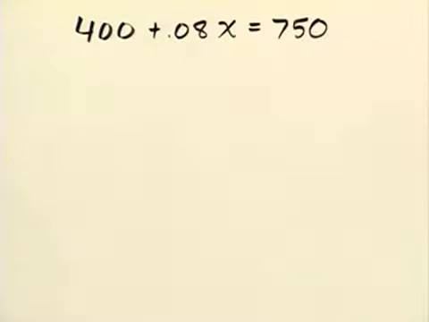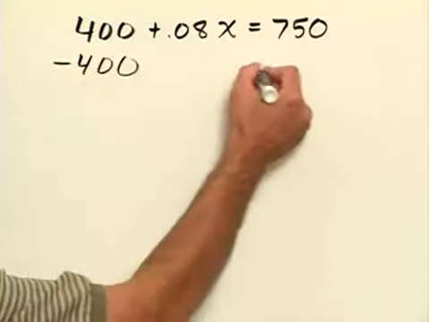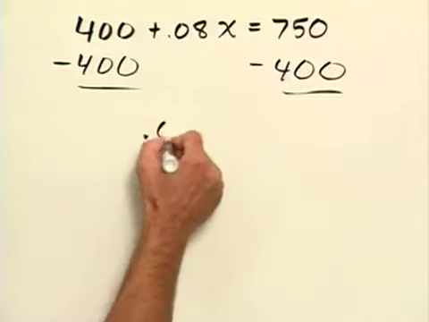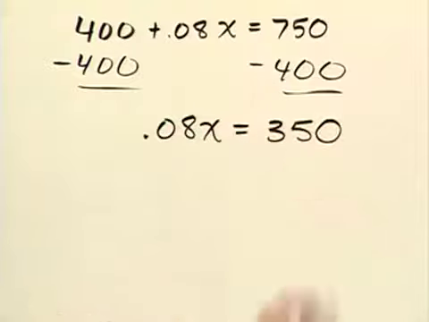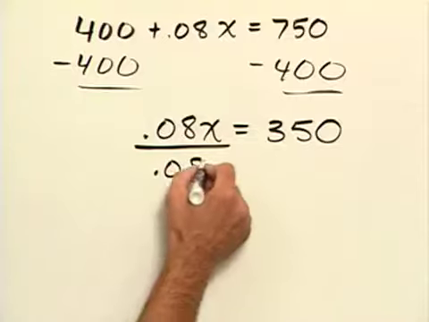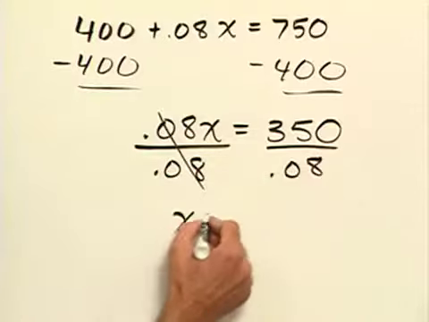Now, we just solve our equation. To solve the equation, I'll subtract 400 from both sides. This will give us 0.08x is equal to 350. Now I'll get x by itself by dividing both sides by 0.08. And this will give us x is equal to